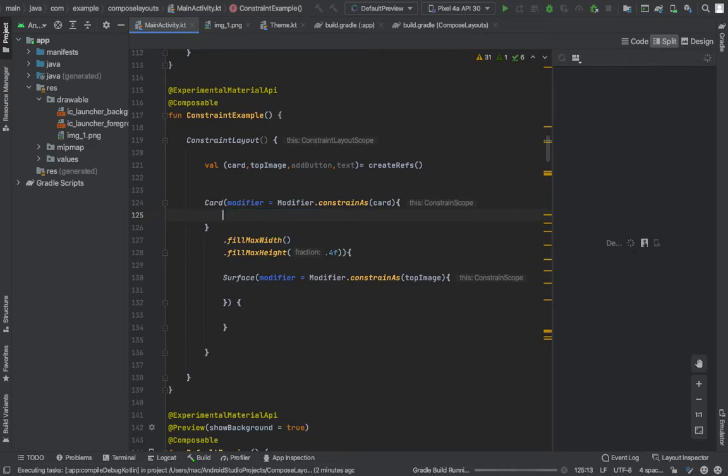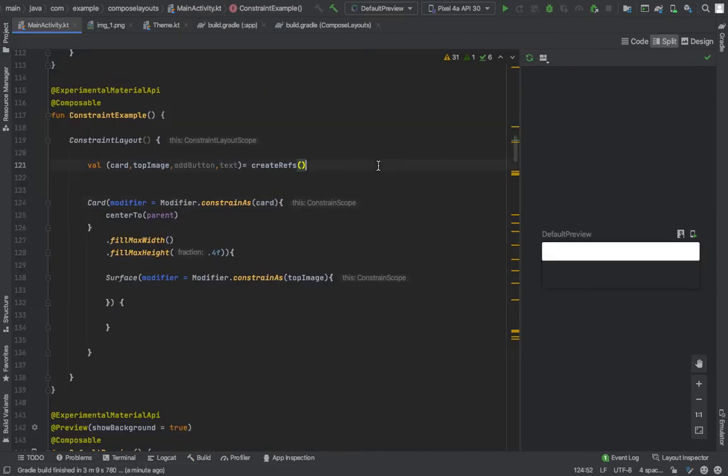So I want to make this card at the center of the screen. For this purpose I need to use centerTo parent. So it will automatically align at the center of my constraint layout.